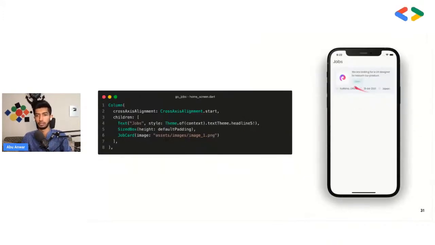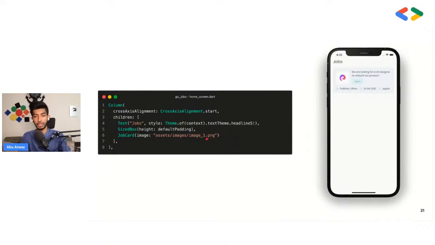Then I just created a card for our job card, which contains those tags, and this button is the same for light theme and dark theme. And also inside the row, I'm using an icon and the office information, date, and the location of the company, which is the card. All of those are fixed. I just need to pass the logo. For that, I'm doing this. Obviously, in real life, we don't